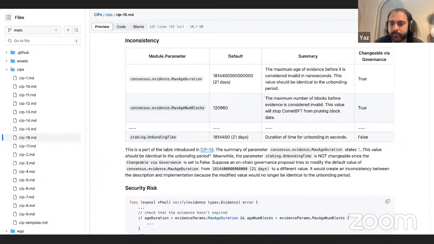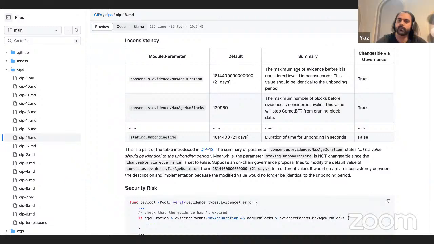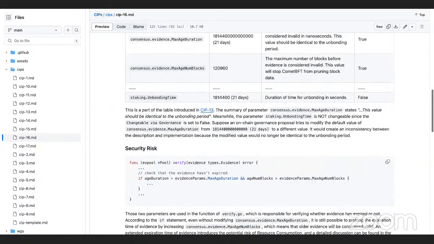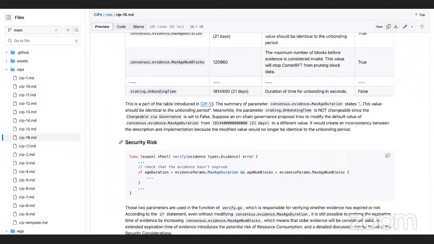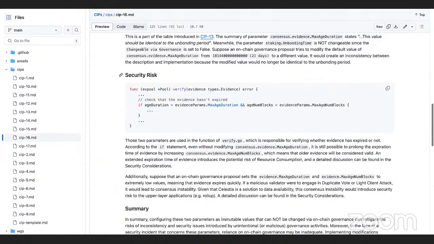Sounds good. I will just note, I think the max age num blocks is set a little bit low. I actually opened this as a security issue, but it's since been publicized by the Comet security team. But it turns out it's not actually a problem because there's basically an OR between those two values.